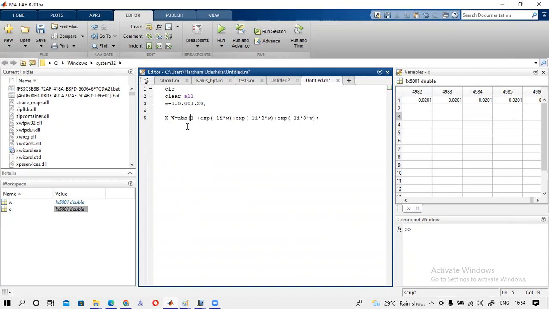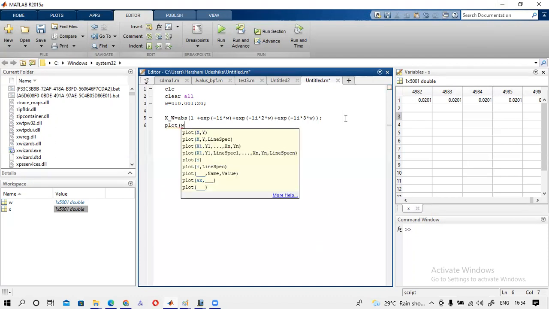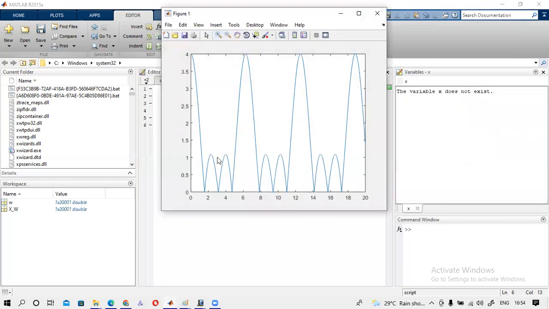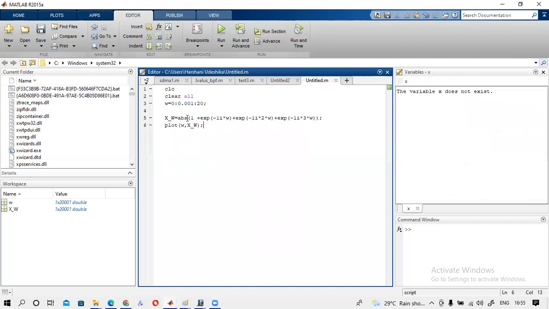However, I don't know, maybe it can convert this to the Cartesian form or something. So this is the absolute value, the magnitude. I can simply plot it: plot omega, x omega. If I run this, I should have the magnitude plot. Yes, my magnitude plot will look like this. If I want to plot the phase plot, instead of the magnitude,